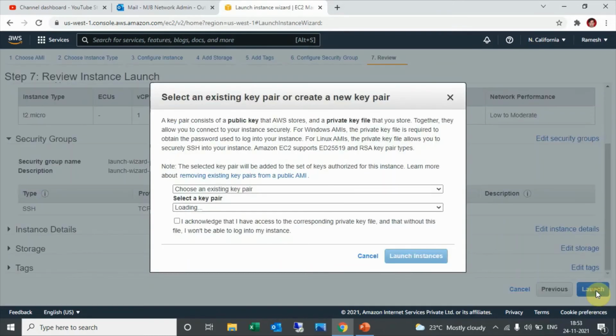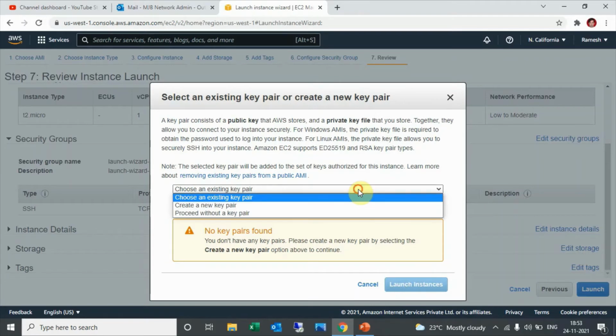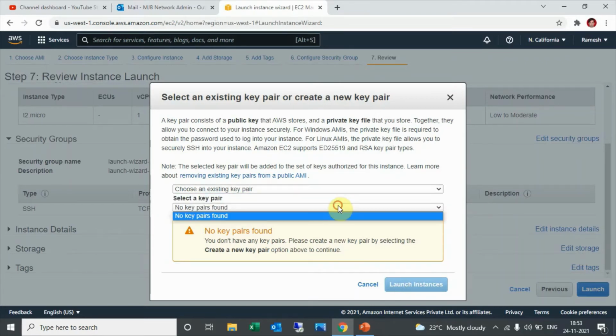When you click on launch, it asks to create a key pair. You can create a key pair or select an existing key pair if you have one. I don't have any key pair right now, so I will create one.